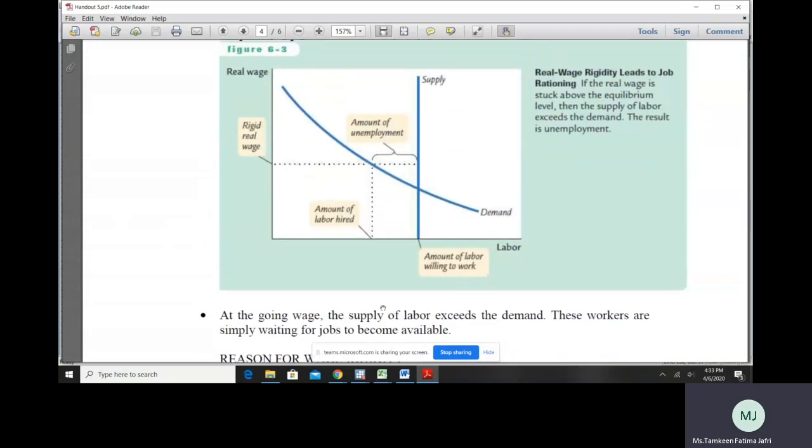So coming back to this diagram here, what you see here is that if the government introduces the minimum wage rate, for example in Pakistan, let's suppose the minimum wage rate is 16,000 rupees, so unskilled workers, daily wage workers, let's suppose their minimum wage has been set by the government at 16,000 rupees. Now let's suppose the 16,000 rupees is above the equilibrium wage rate. So obviously, this is going to create unemployment in the economy.